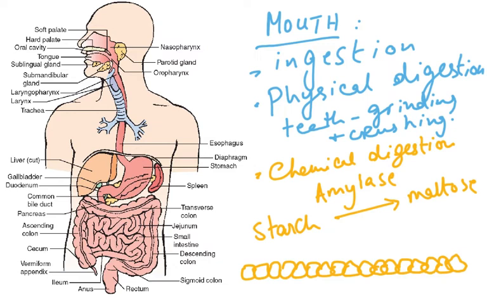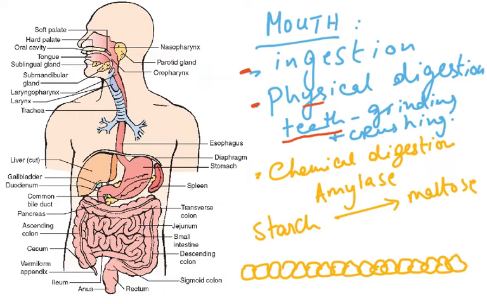Now, what are the functions of the mouth? The mouth functions are, number 1 is ingestion. Ingestion means taking in food. You put a piece of cake in your mouth, you put a piece of apple in your mouth, you take some French fries and you put them in your mouth. That's ingestion. Then what is going to happen is, in the mouth we have the teeth. The teeth are a very good